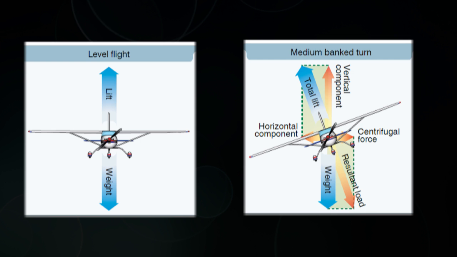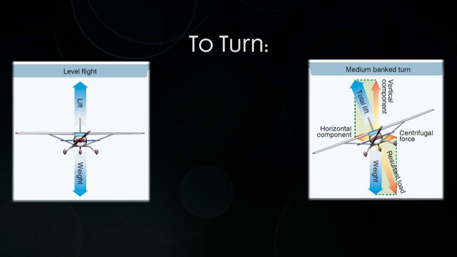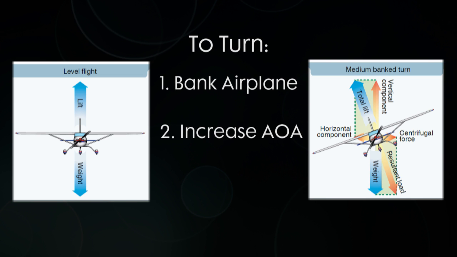And to do that, you increase the angle of attack. And then when you increase the angle of attack, the airplane will start getting more drag, so it'll slow down, which means you need to add a little bit of power. In other words, when you enter a turn, you have to bank the airplane, then add a little bit of pitch to get the angle of attack a little higher, and then add a little bit of power to maintain